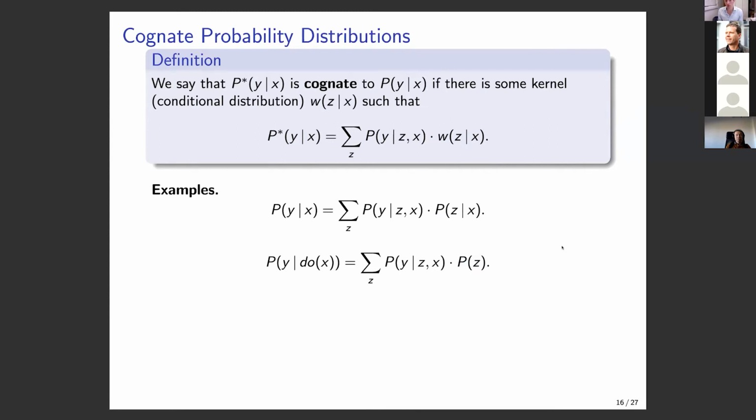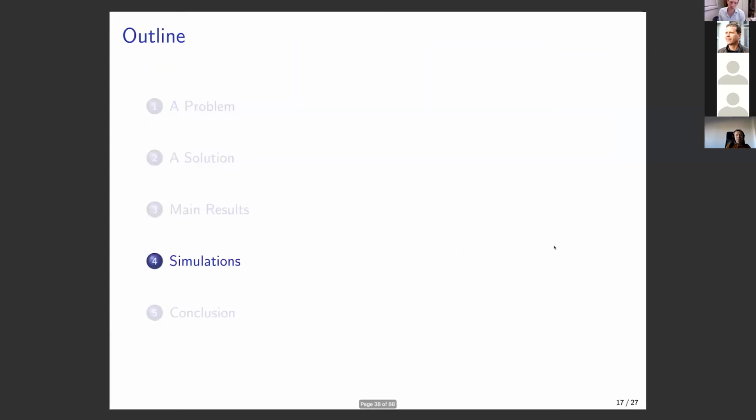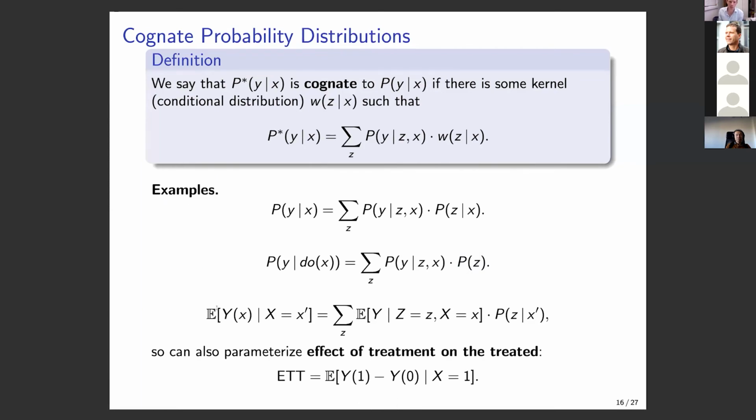But you can also have other, more interesting distributions. This is a nice example, I think. This is looking at the counterfactual. This is the distribution if you intervene to set x to be little x, but in a population where actually x was something else, it was equal to x prime. To get that, we just obtain this. Again, this looks like it's an expectation, therefore it's different, but actually, of course, it's exactly the same as integrating over the conditional probability. I just integrate with respect to P of z given that particular value for x being x prime.